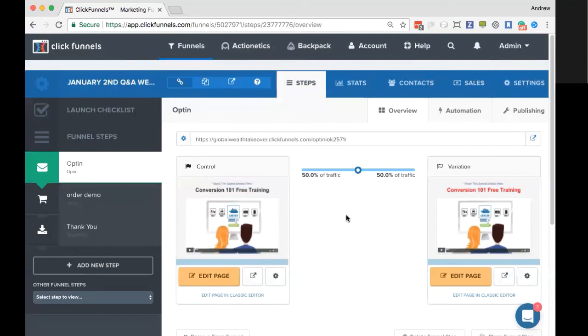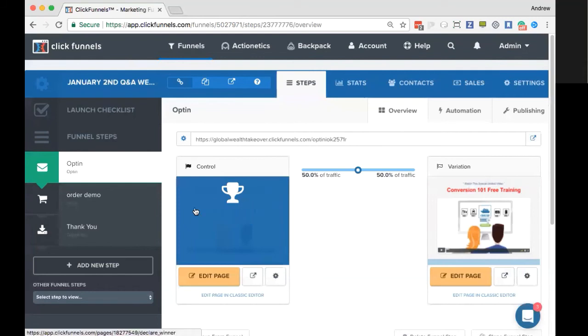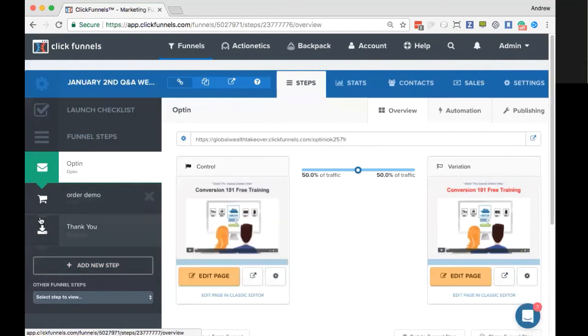Now, as far as retargeting goes, retargeting is not something that ClickFunnels does. That's something that your third-party applications, like Facebook, are going to do by sending the ad in front of your audience over and over again, just to get the repetition so that they see your page. Once they click on it, the experience that they have is going to be based on how you set up your opt-in page and your funnel flow here.